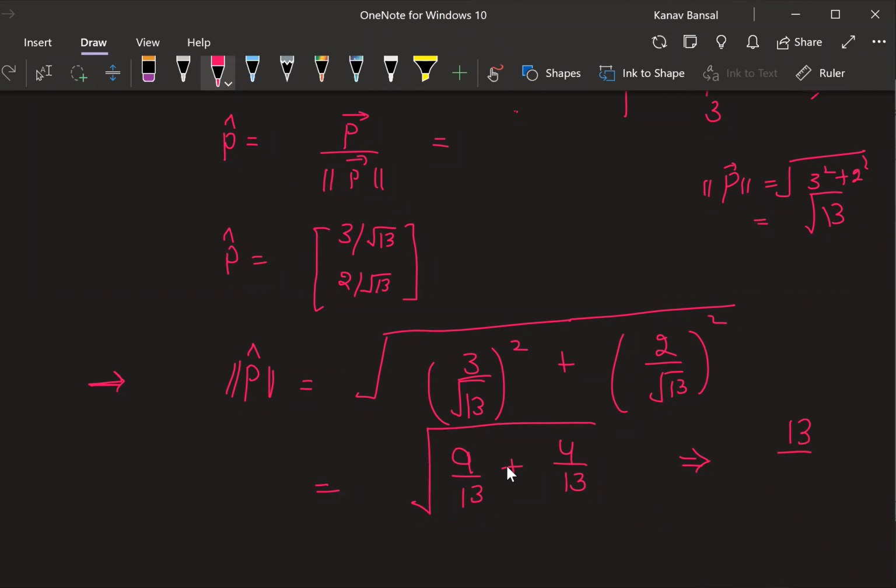Let me first try to bring up this entire image somewhere here, okay? So let me try to redraw this thing. Let's say this is the B vector, and we have some A vector like this. I'm interested in finding the projection of this entire A vector on this B vector. I want to understand what this vector over here is, and we know that this is a 90-degree angle.